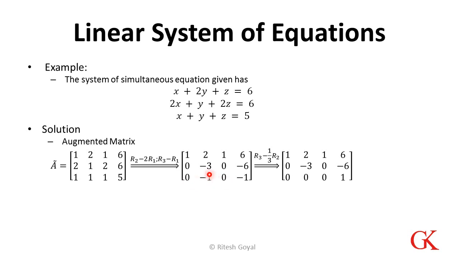Now what do we do? We basically eliminate x2 from the last equation using the second equation. So we do R3 minus 1 by 3 R2. And when we do that, we eliminate x2 from the last equation. So now what we see over here is that the last equation coefficients are 0. We are not talking about the last element, the last element corresponds to b. We are talking about the coefficients of the unknowns.